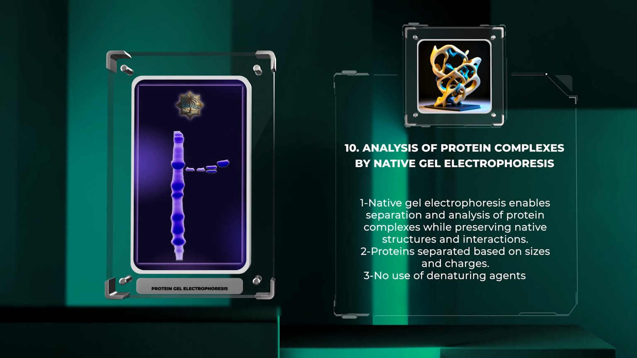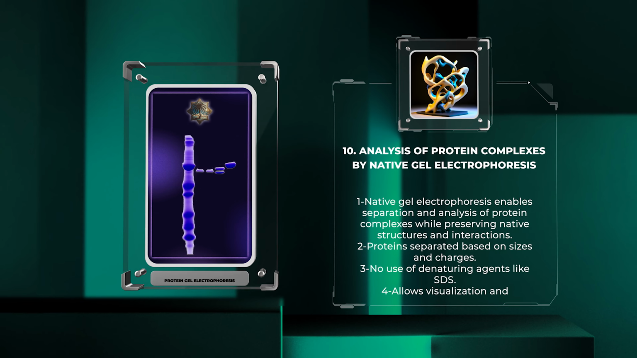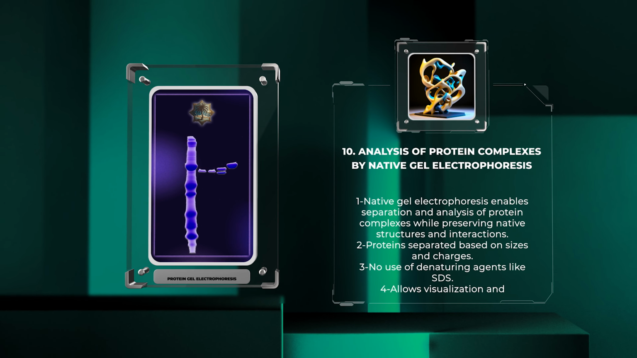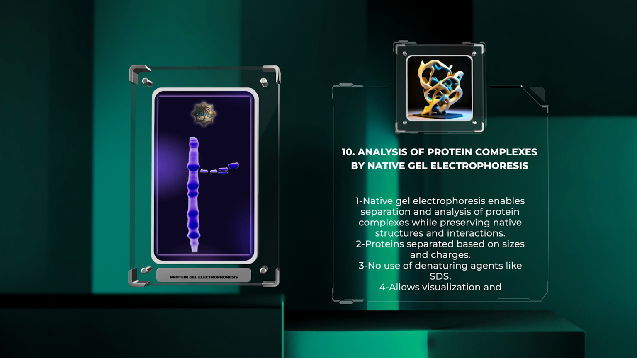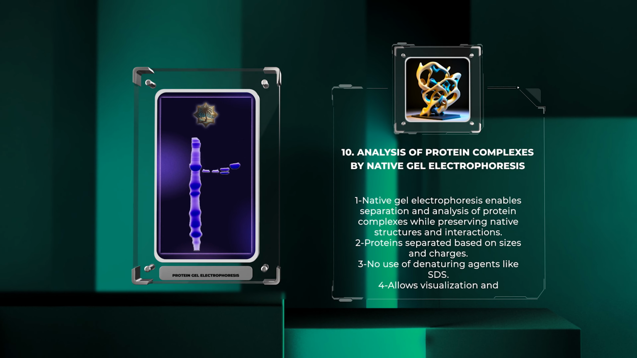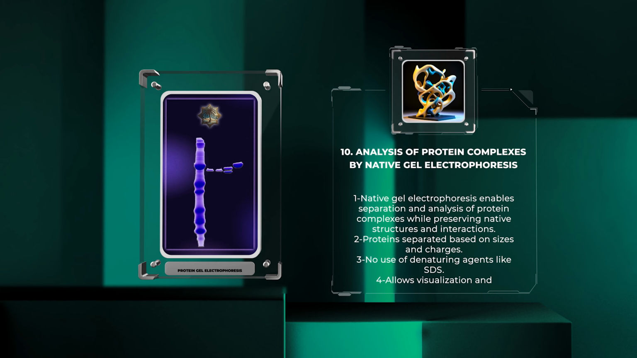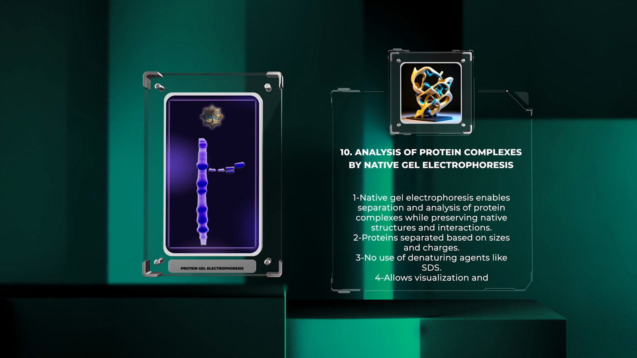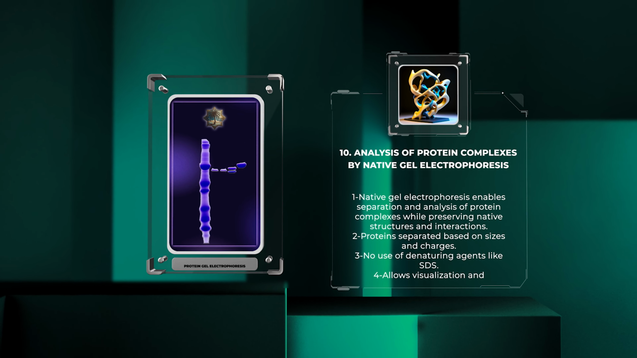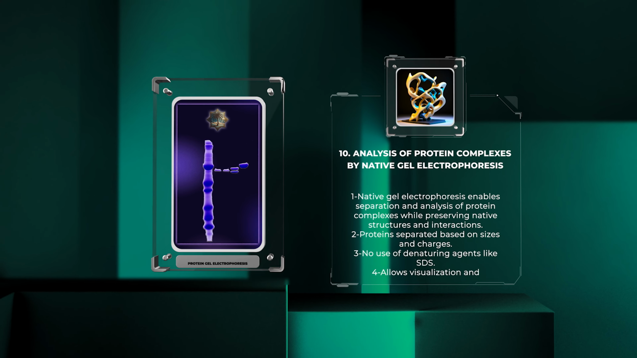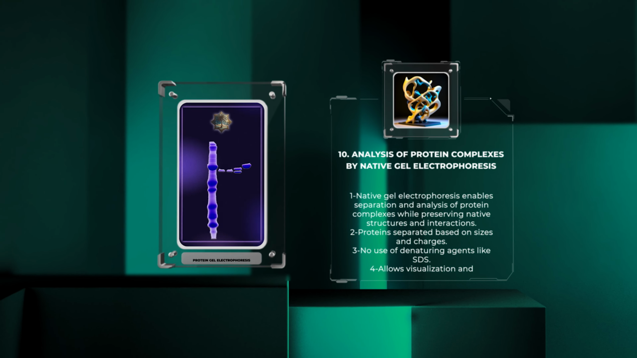Native gel electrophoresis techniques enable the separation and analysis of protein complexes while preserving their native structures and interactions. In native gel electrophoresis, proteins are separated based on their sizes and charges without the use of denaturing agents, such as SDS. This technique allows for the visualization and characterization of protein complexes, their stoichiometry, and their interactions with other